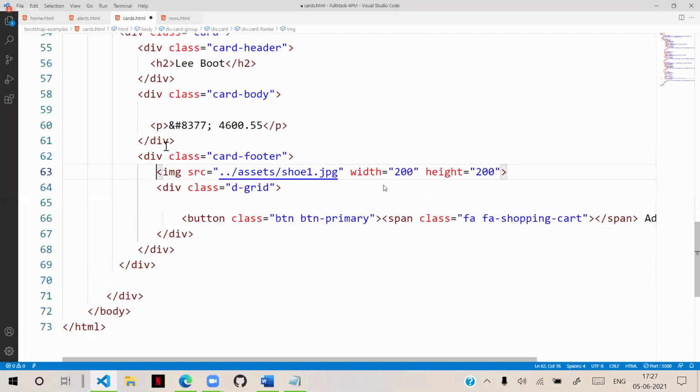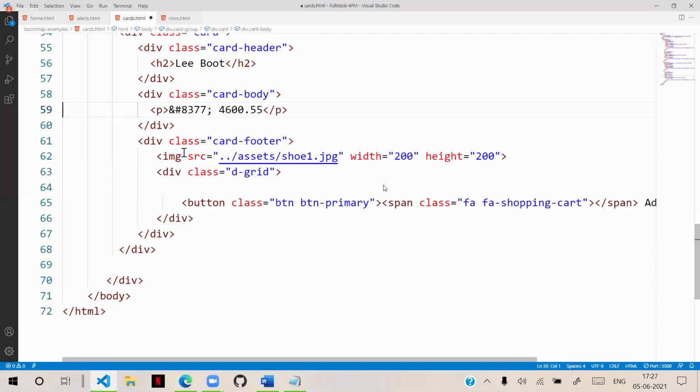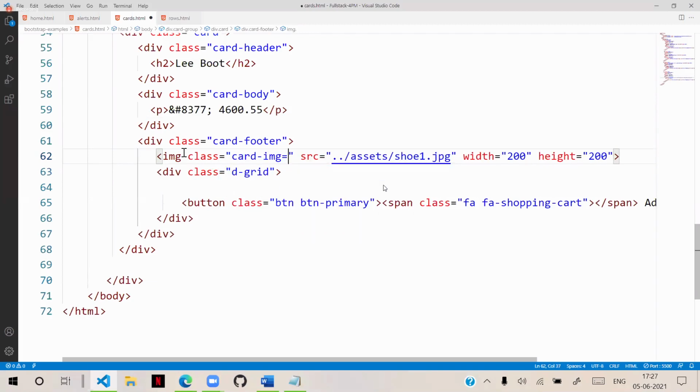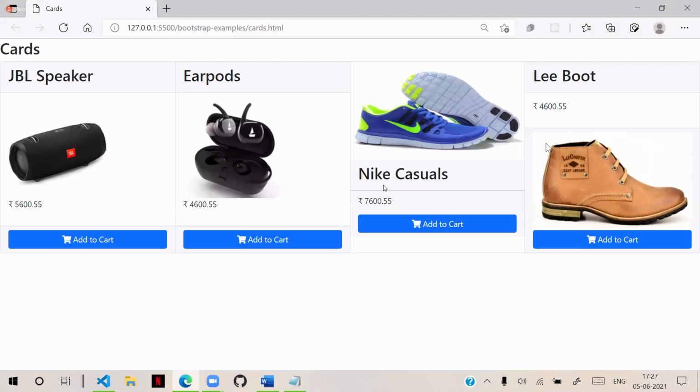So now we will use the class card image bottom. Image bottom depends on where you place it. It will fit accordingly. It's not like there should be header, body, and footer.